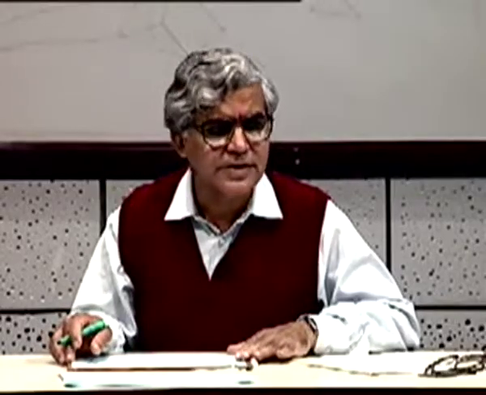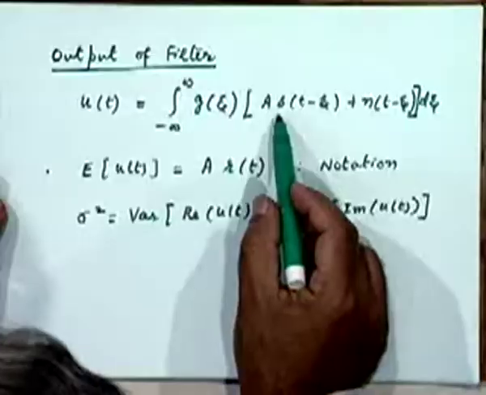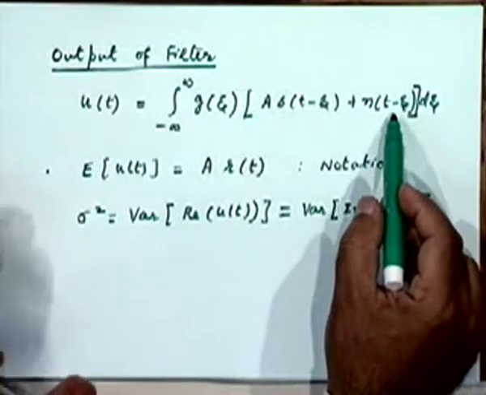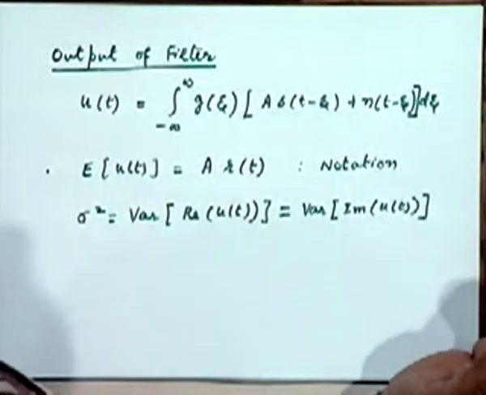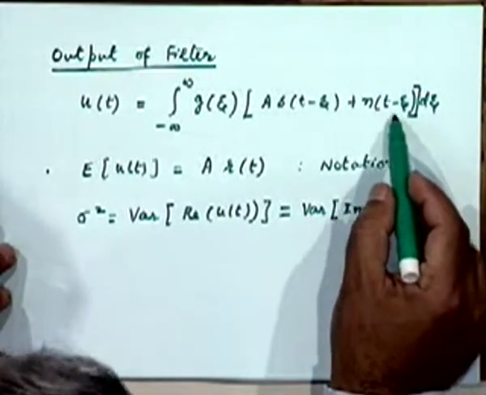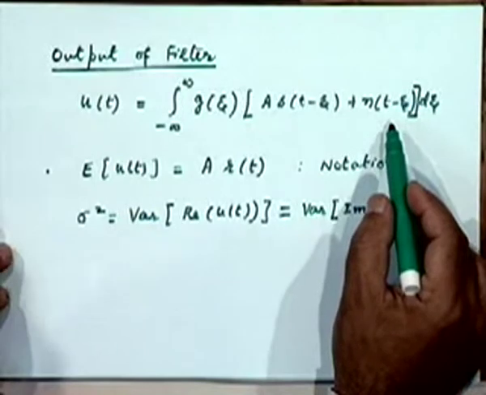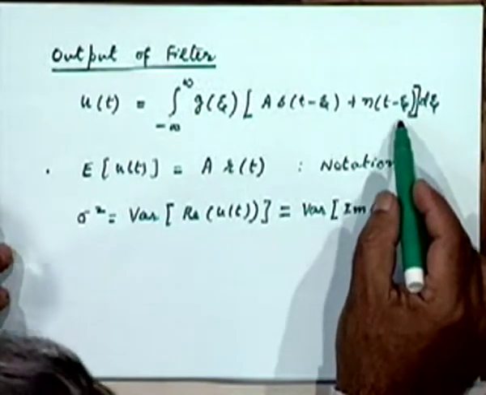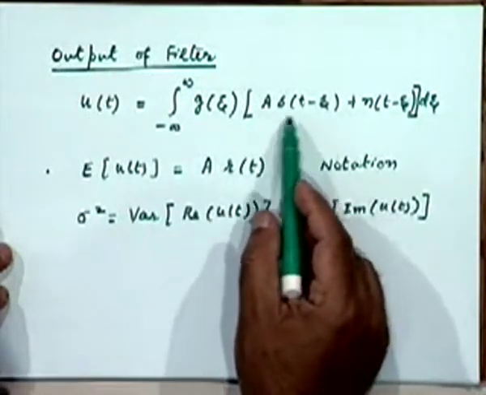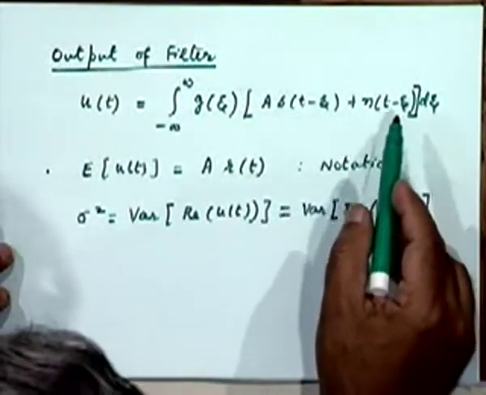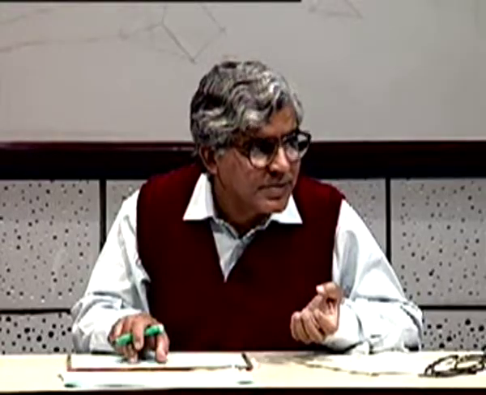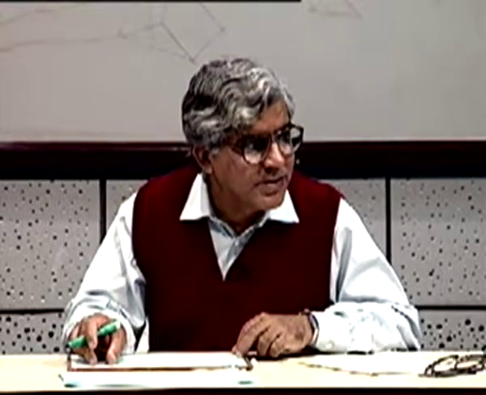It is more or less obvious. I don't know whether it needs any explanation, because as we will soon see, the mean is really governed by the signal, because we are going to assume here, a very reasonable, or at least convenient, assumption, and one can always enforce this kind of assumption, that n(t) noise is a zero mean process. If this is a zero mean process, the mean value is going to be really dictated by the first term, and the noise is not going to contribute to it. Variance is always around the mean. The variance is going to be contributed by the noise.